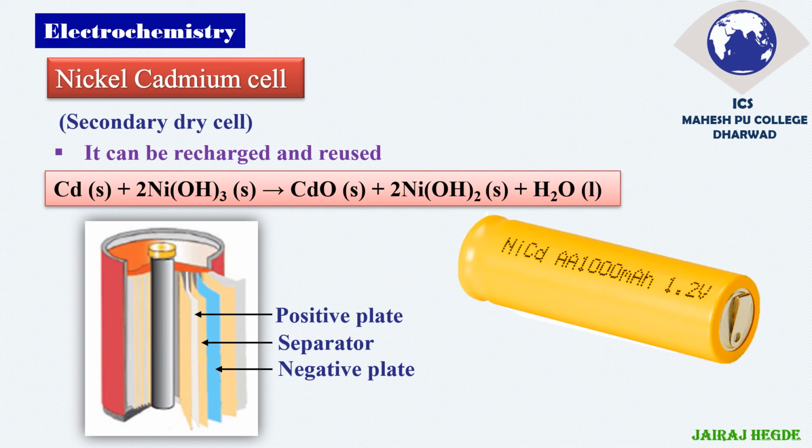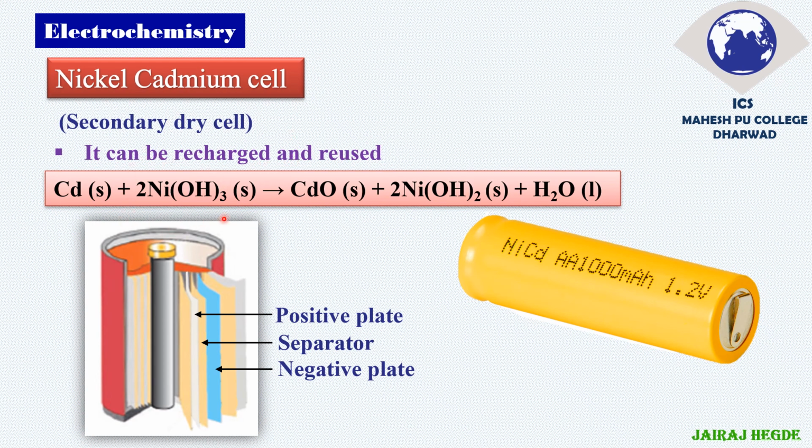The reaction is pretty simple. Since the entire reaction and working is very complex, we are not going into detail. We are just looking at the overall reaction of the nickel cadmium cell. See here what exactly happens. The cadmium is undergoing change to cadmium 2 plus. Cadmium is undergoing oxidation, so that's why the cadmium part acts as anode. The one which is undergoing oxidation, cadmium, acts as anode. It is undergoing a 2 electron change.